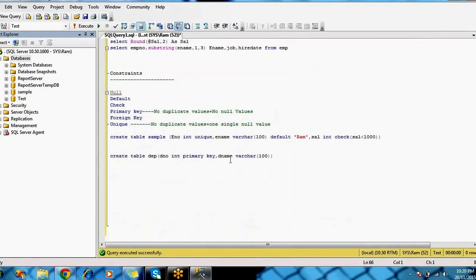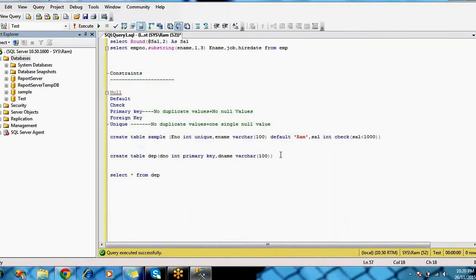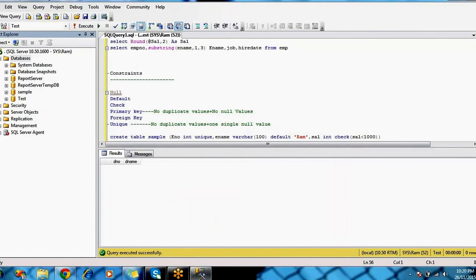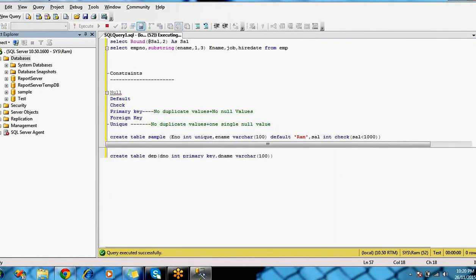If you observe here, this is a department table. This table has the department number and department name columns. In these two columns, one column is the primary key column.